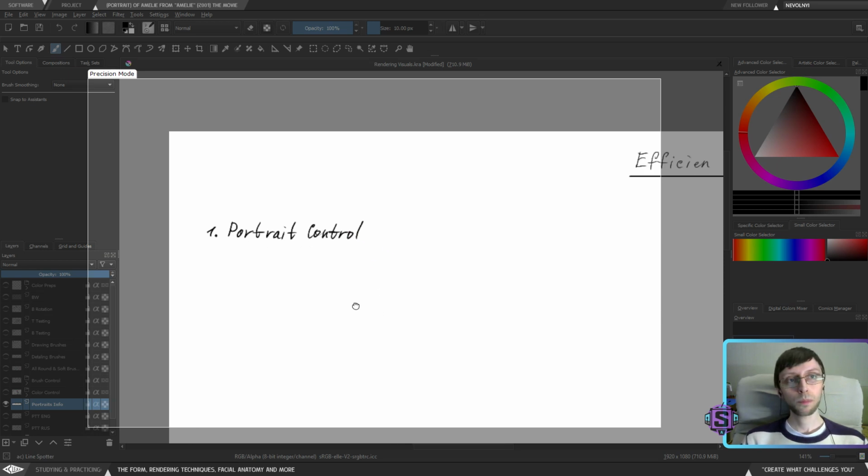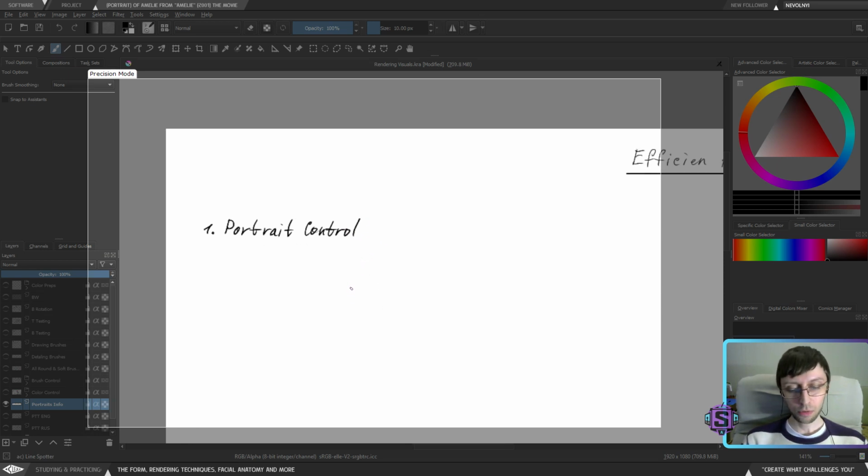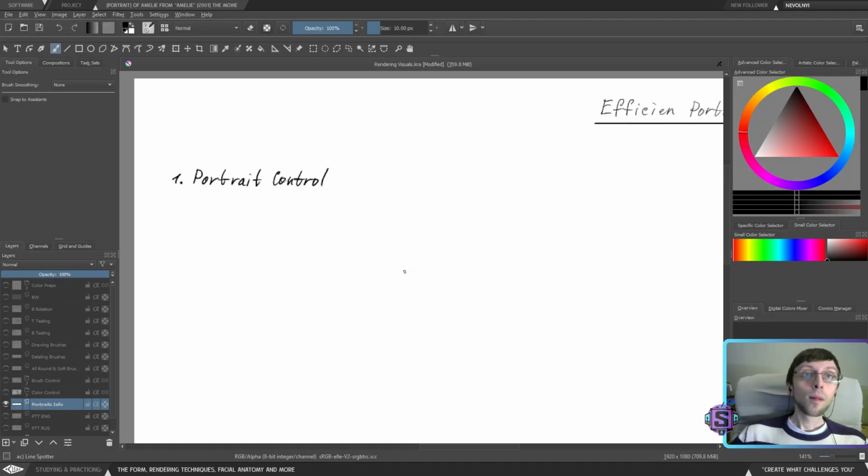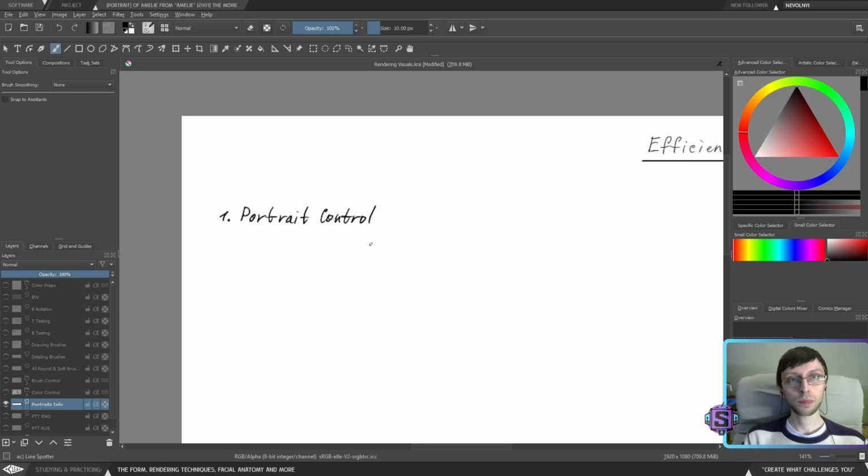So the portrait control will allow you to control the storytelling inside of the portrait, because most people are using portraits just for the study.